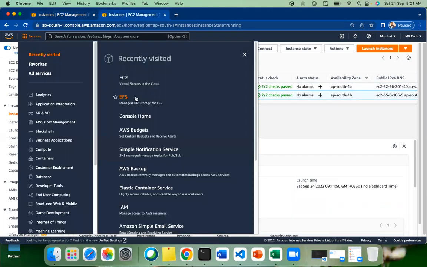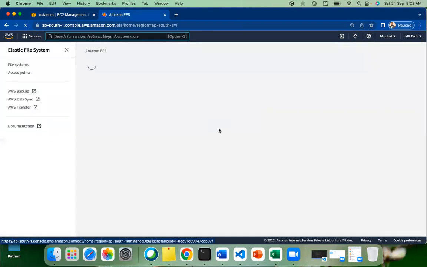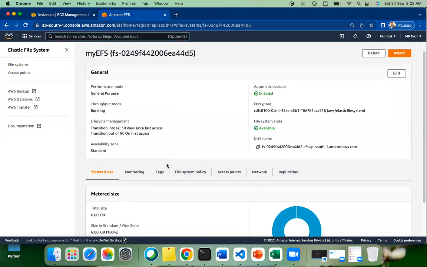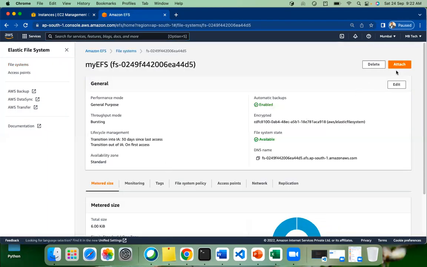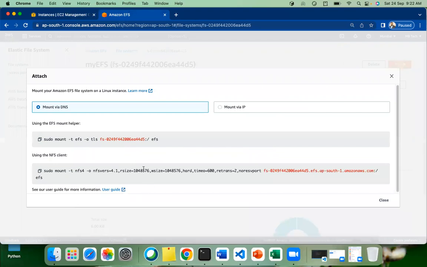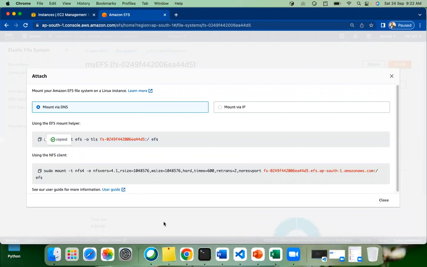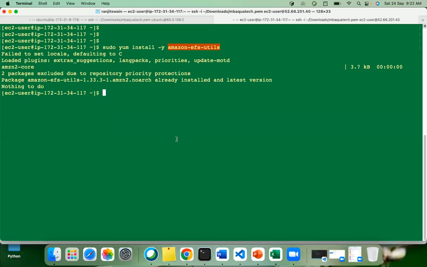So what we have to do now, just go to the EFS and try to use the mount options there. Okay, so what I'll do, select this one. You can see here the attach option is there, and we have options like mount via DNS and all. So what I'll do, just copy this statement, go ahead and paste it here. Okay, so instead of EFS, I'll just give home EC2